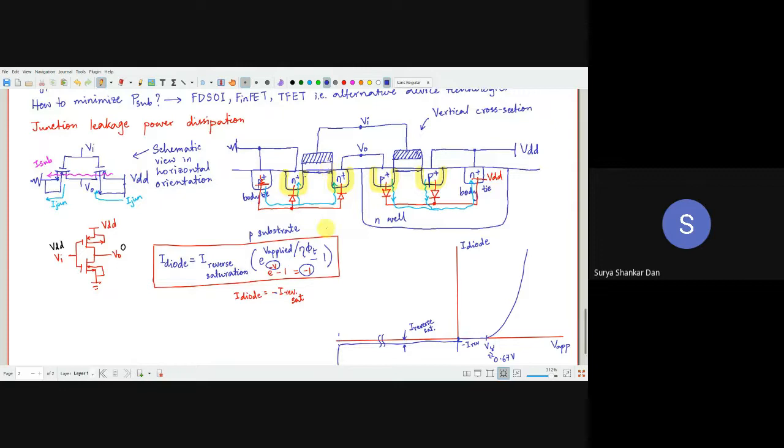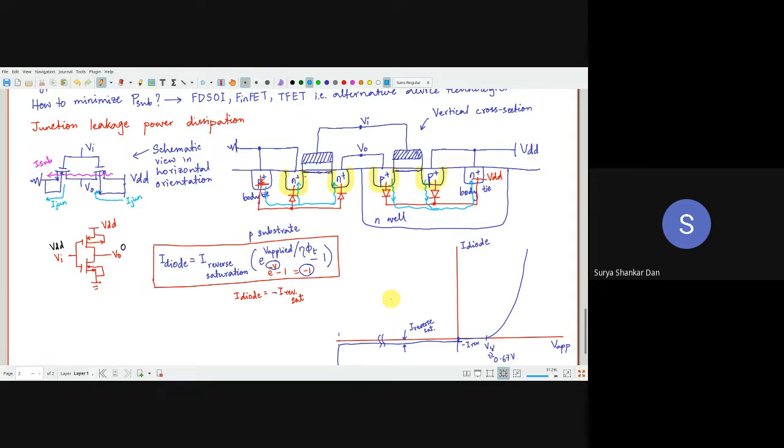Now let us understand in this diagram where the junction leakage power is concerned. I've already drawn this, so let's not bother. As you can see, there is a diode here, so you will be having multiple paths through this diode. The reverse saturation current will be just opposite to this direction. The one which I have drawn is basically the direction of the currents flowing through these diodes, but the reverse will be the opposite direction. So these are the various conducting paths, so to speak, thanks to the diode reverse saturation.